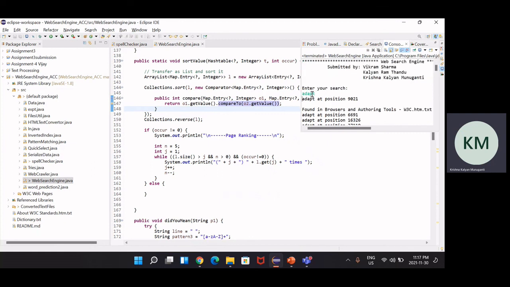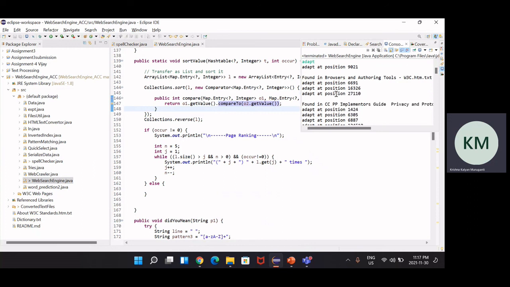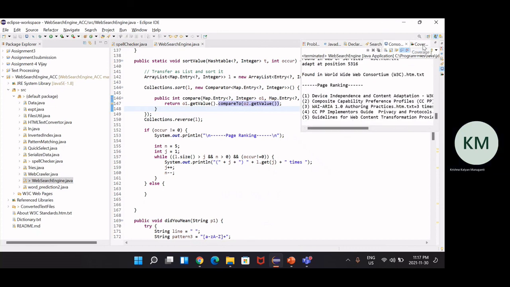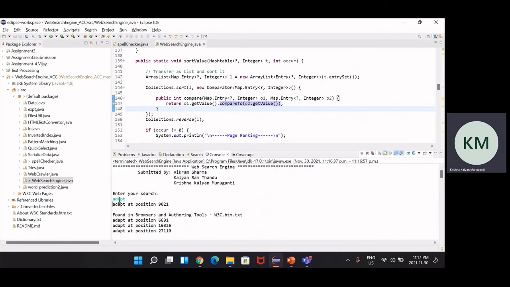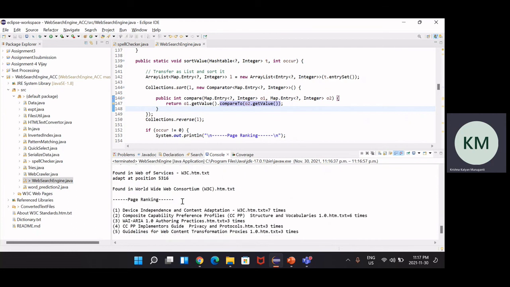it has checked in the dictionary, found the word adapt, and directly went on to searching the web pages. And here the adapt has been found in a couple of websites. The page ranking has sorted the websites based upon the number of occurrences. For the website device independence context, the word adapt has occurred 7 times. So based upon the number of occurrences of each keyword, the page ranking has been done